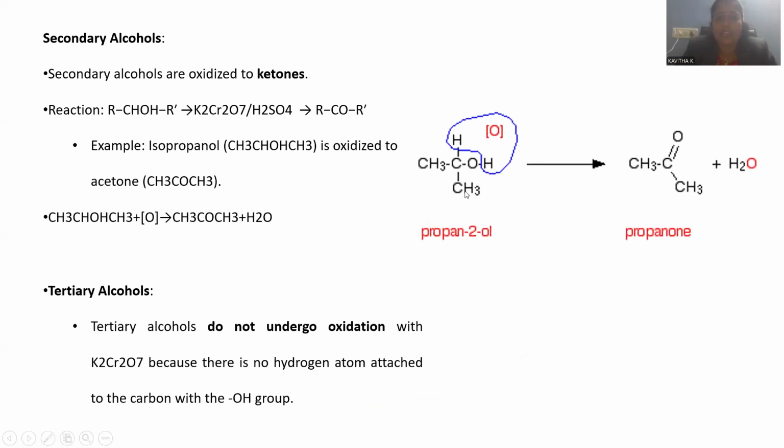Propanoic acid is the product expected. Secondary alcohols, I'm taking isopropanol as the starting material. Propanone will be generated by this K2Cr2O7 oxidation. Tertiary alcohols, if reacted, this is the comparative study we can mention. Whenever tertiary alcohols are treated with the K2Cr2O7, there is no expected product because there is no expected oxidation reaction, because the alcoholic carbon is not having any hydrogens. That's the reason why there is no provision. So no hydrogen atoms attached to the carbon which is bonded with the hydroxyl.